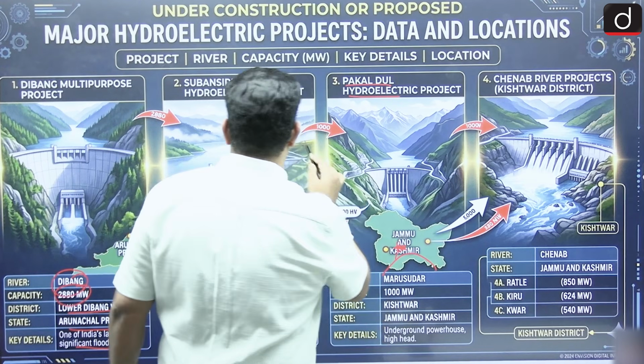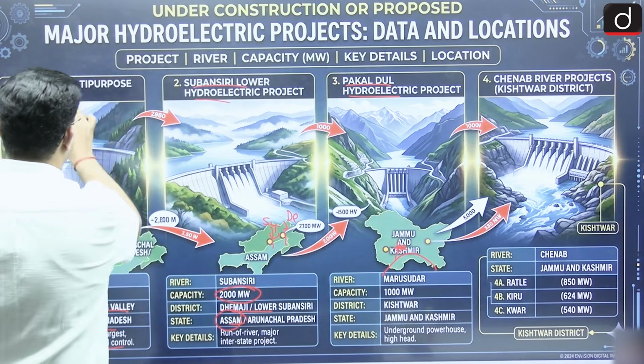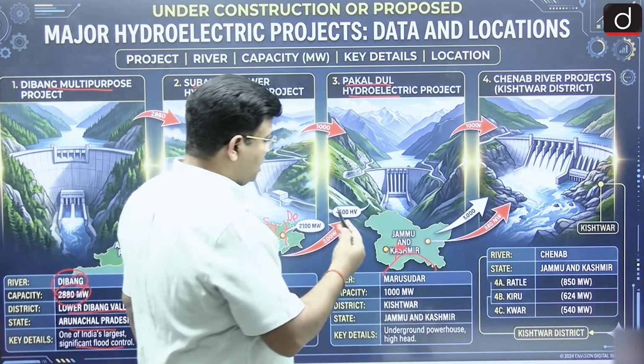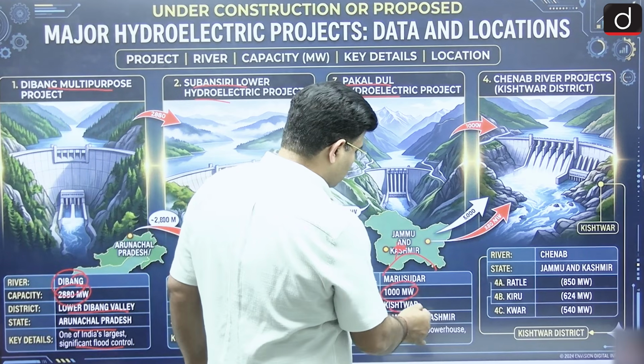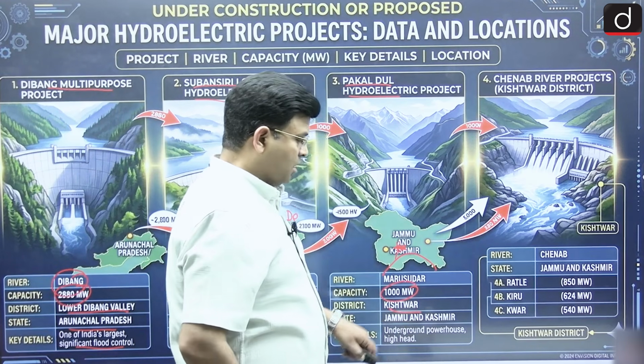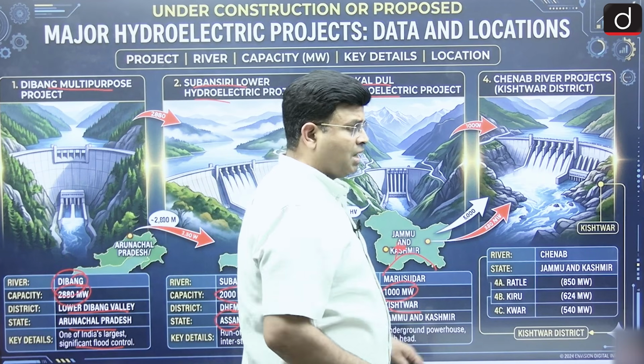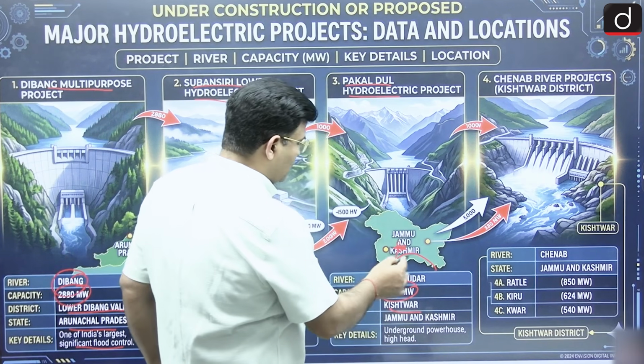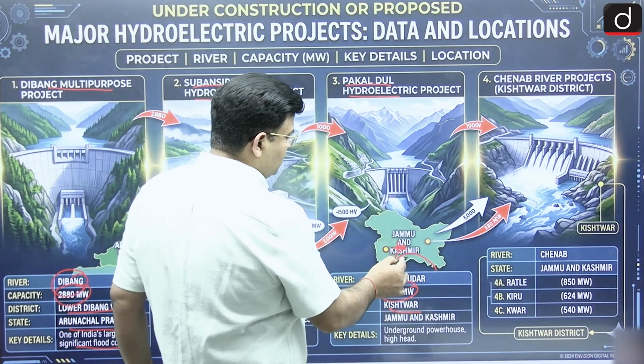You can say here it is in the Subansiri project we have seen, and this is the Dibang multipurpose. The Pakal Dul is a 1,000 megawatt project in the Kishtwar district of Jammu and Kashmir. Yes, and here we can say that a part of it is on the main Chenab river, in the Kishtwar district,